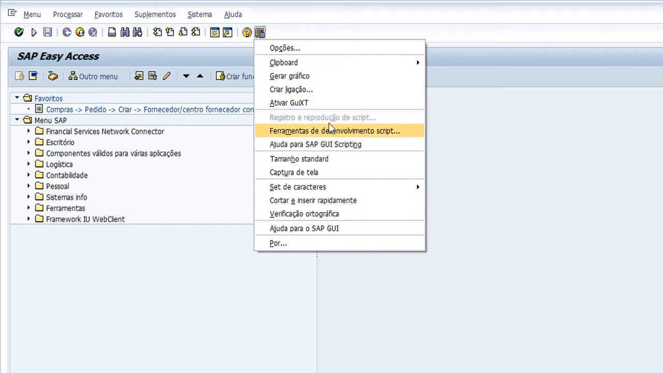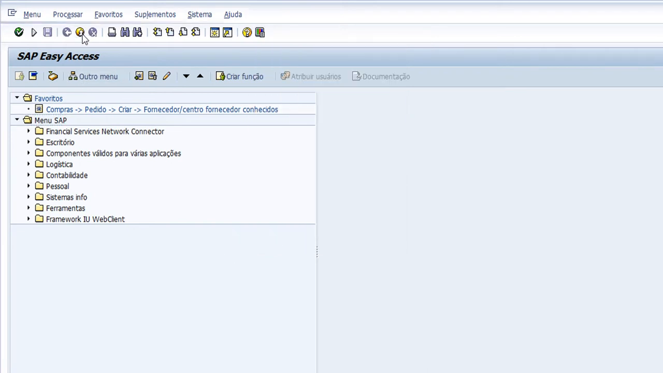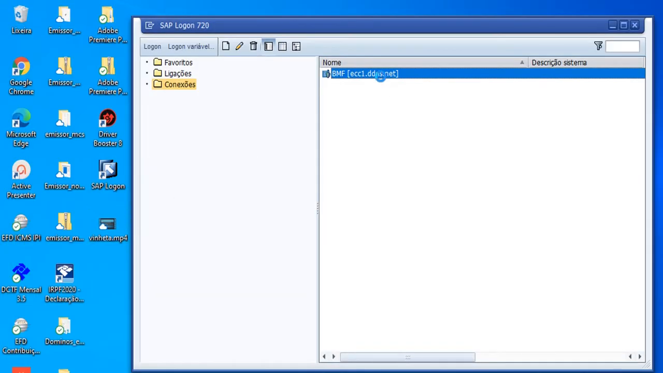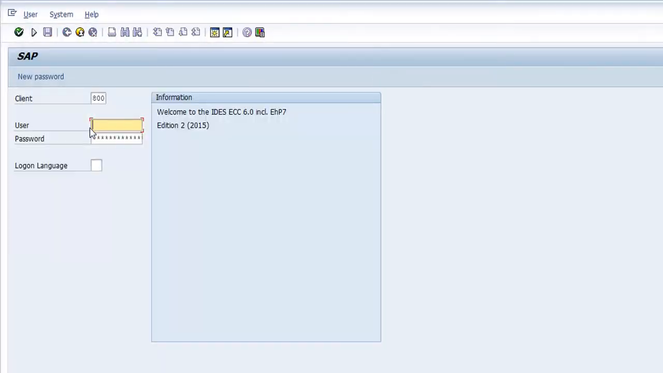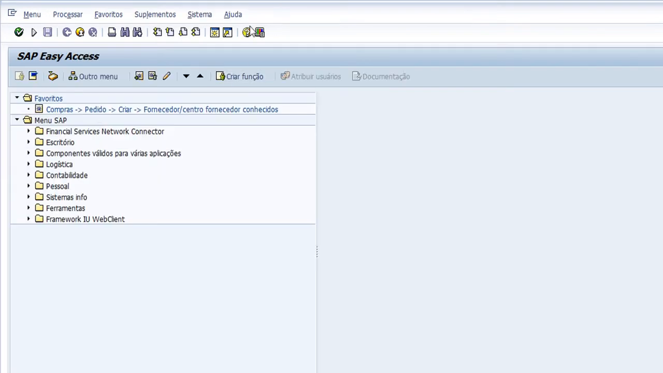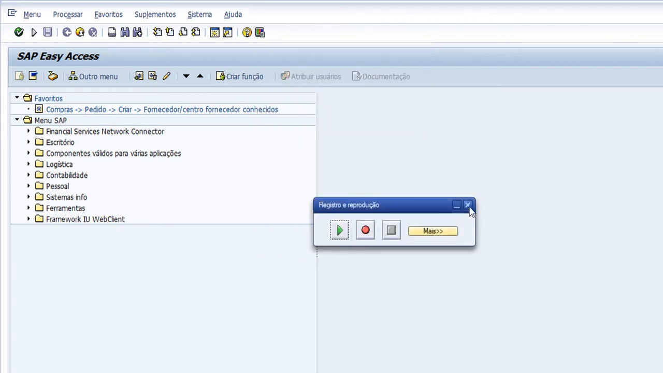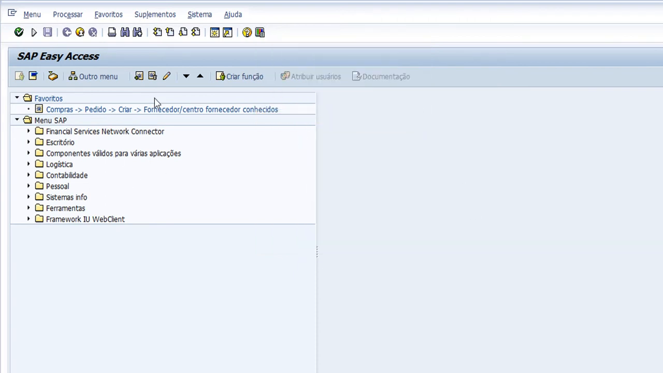We click again on the Customize Local Layout button. And if the script record and playback button is still disabled, we must log out of the system. Then we must log in into the system again. When logging back into SAP, we need to verify that script recording and playback has been enabled. If when logging in the system the recording and playback of the script is not yet activated,